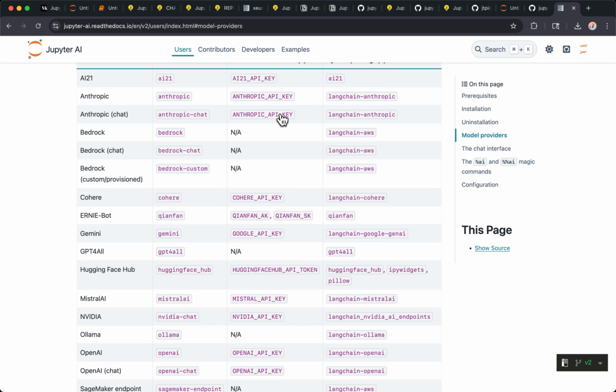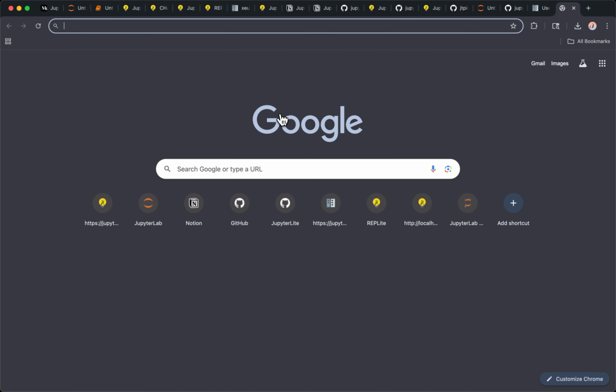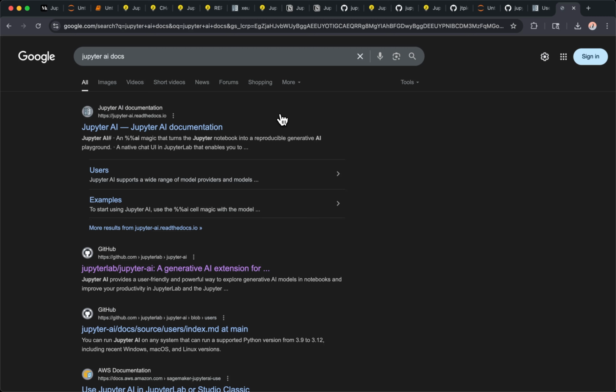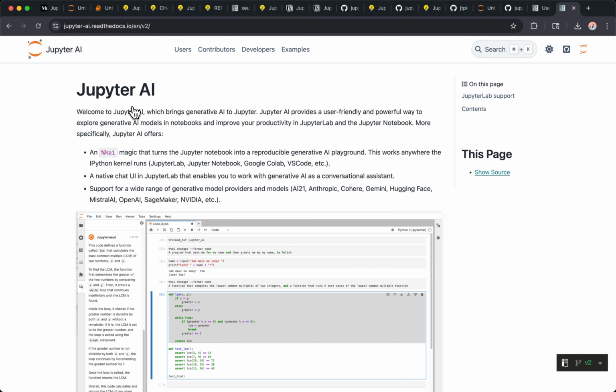The Read the Docs. Well, a search engine is always, you know, Jupyter AI docs, and then I end up on the Jupyter AI docs. Otherwise, yes, because usually the pattern is there is a GitHub repo, and the GitHub repo has its own documentation.